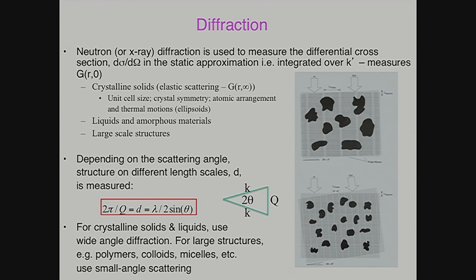And you'll see people talk about that a lot. They'll say, in SANS, for example, well, we're scattering at 0.001 reciprocal angstroms, so the length scale that we're probing is 2 pi over that, right? It's sloppy. It's good as a sort of rule of thumb, but it's sloppy and it's wrong in many cases, okay? So I just warn you that it's useful for thinking about things, but Fourier transforms don't work that way,